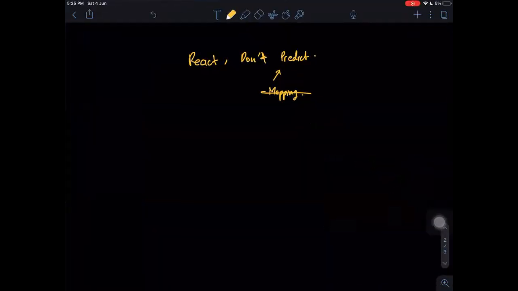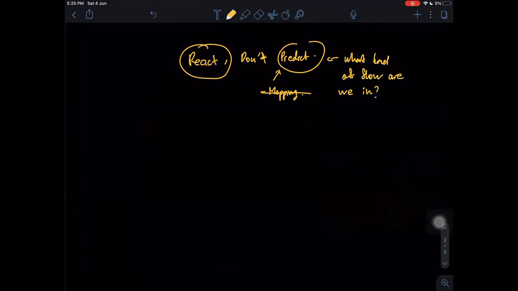And so what I do is react. I never predict. The only predictions that I make are what kind of flow we are in. I don't make predictions of which SNR is going to reverse. I just want to know which flow we are in, and then which SNR I should react to. It's a long story, but let's get started anyways.